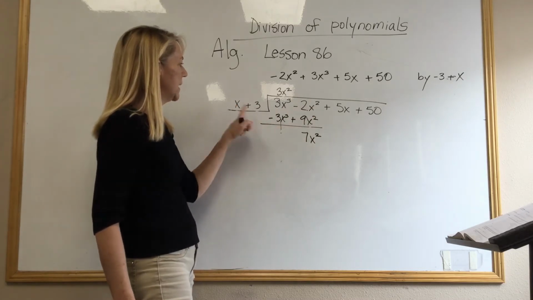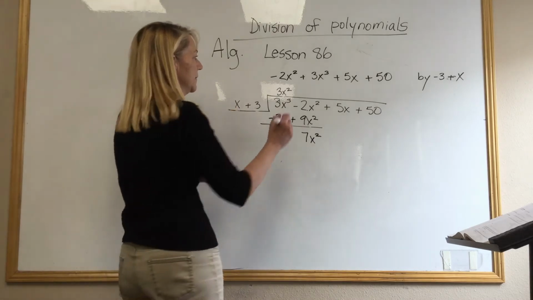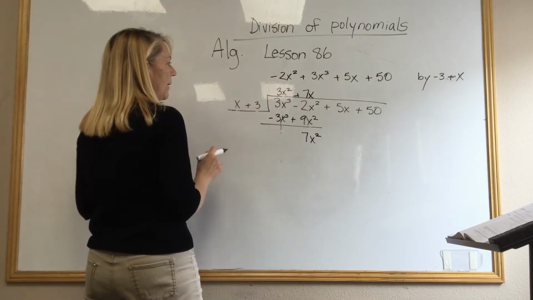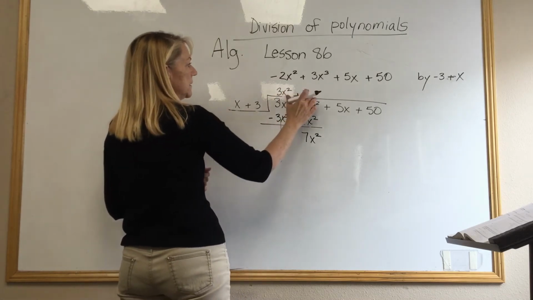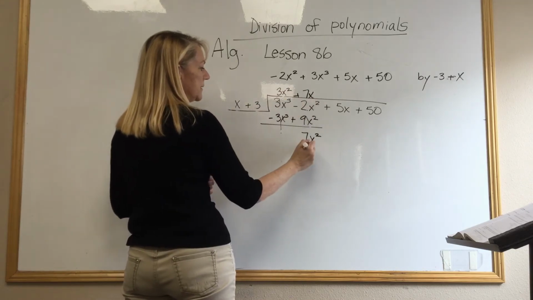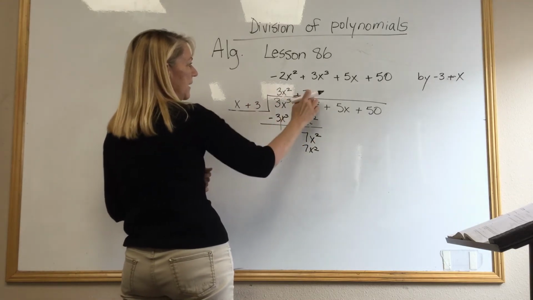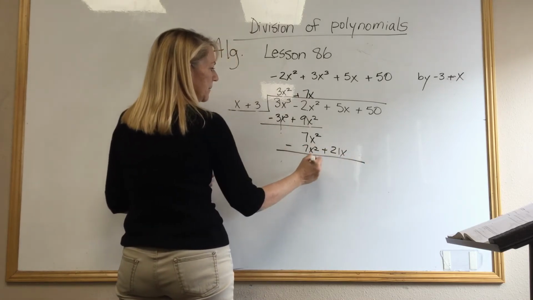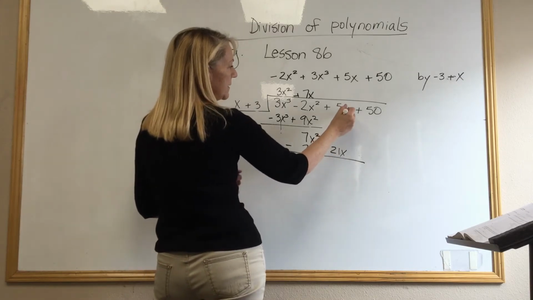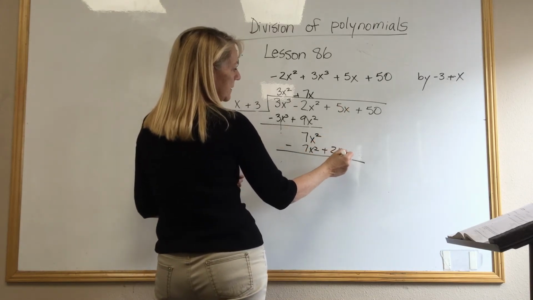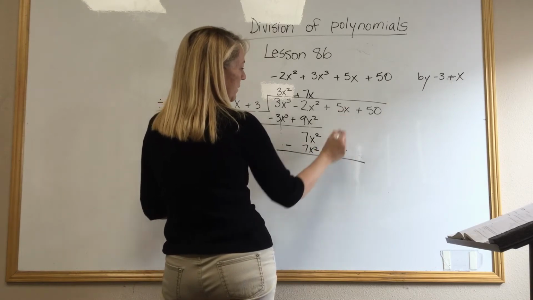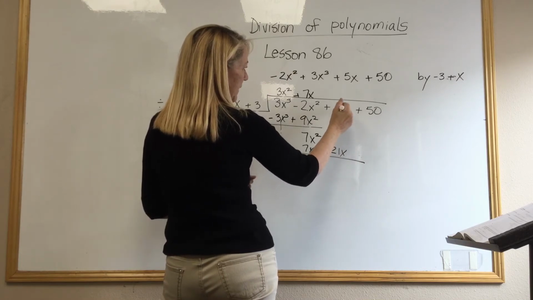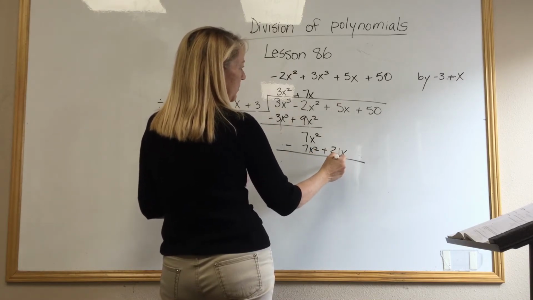Now 7x squared divided by x would be 7x. So I multiply: 7x times x, I get 7x squared. 3 times 7x, I get 21x. I subtract, that eliminates it, makes it go away, and I have 5x minus 21x. So 5x minus 21x is what? I'm bringing down. Remember, instead of bringing down, you subtract. So that would be